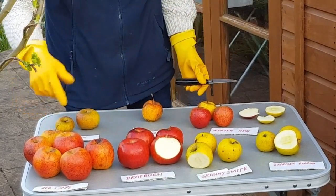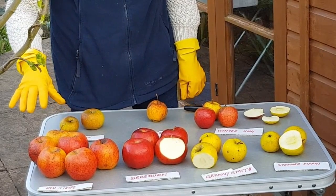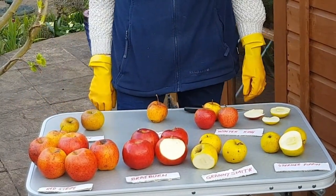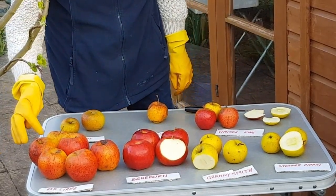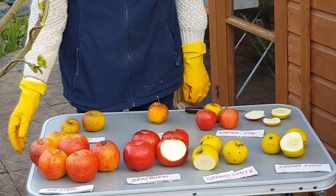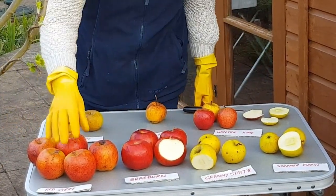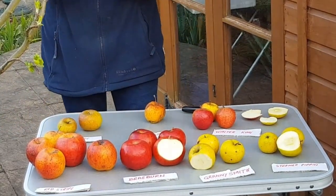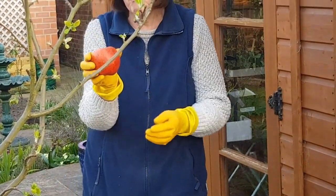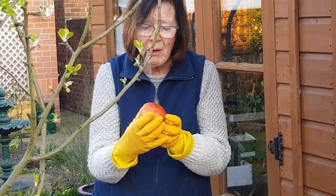The next one is Red Stripe. Okay. So look, they are still looking far better. Look wise, there are not many wrinkles. I mean, the outside skin looks still beautiful. Although we are in April, almost, well, it is 8th of April. Up to that long, you can't imagine without any special storage facilities. I mean, it's got a few spots on it, but that is only, I think, on the outside skin. Yeah, outside. So if you peel that off,